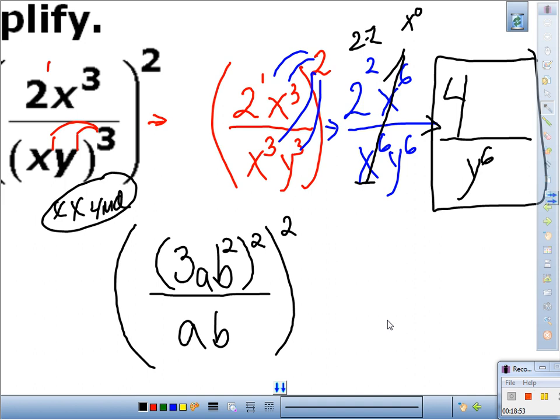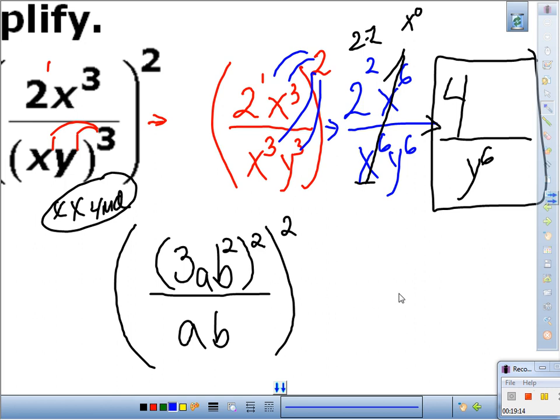Very similar to the one we just did. On this one, you start with the numerator. Distribute that exponent in the numerator, rewrite the whole thing, and then at the end, distribute the 2. Ready? Go. Copy that and go. All right, let's see. If we get it right, we're done. If not, we do a couple more. How about